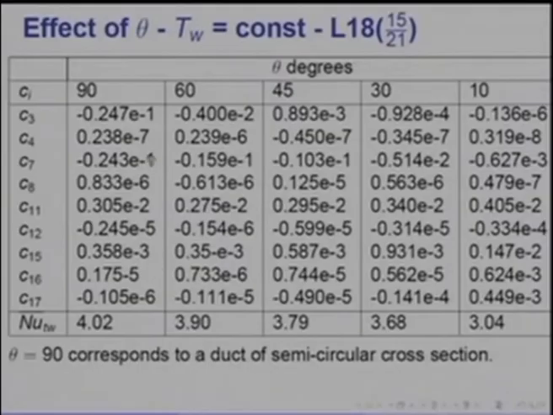So, now what I want to show is how the CTWI coefficients appear for TW equal to constant. This was the case of 90 degrees that we had earlier considered, semicircular cross section. This is the case of 60 degrees, this is the case of 45 degrees. Now, you will see C1, C2 are 0, or CTW1, CTW2 are 0, C3 is finite, C4